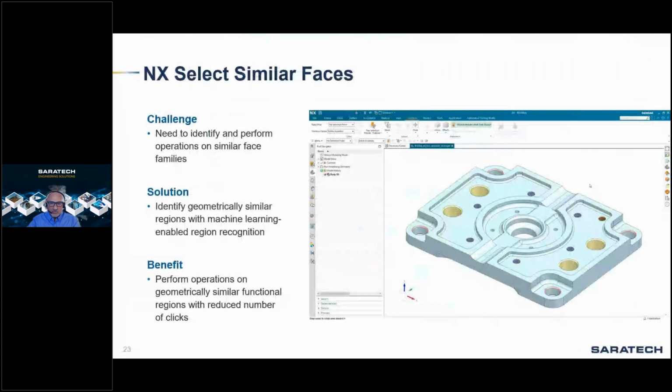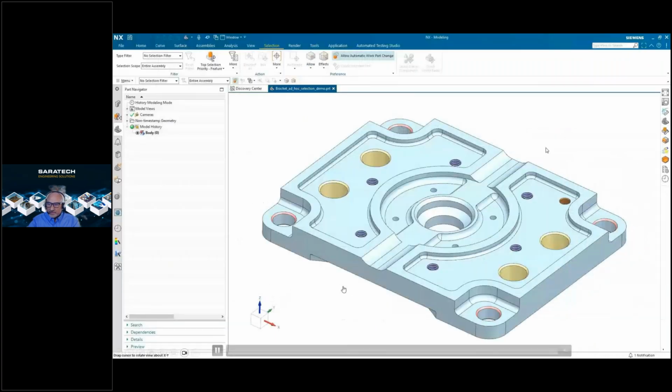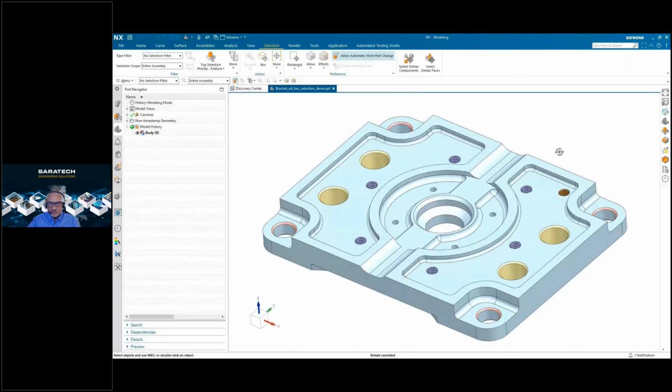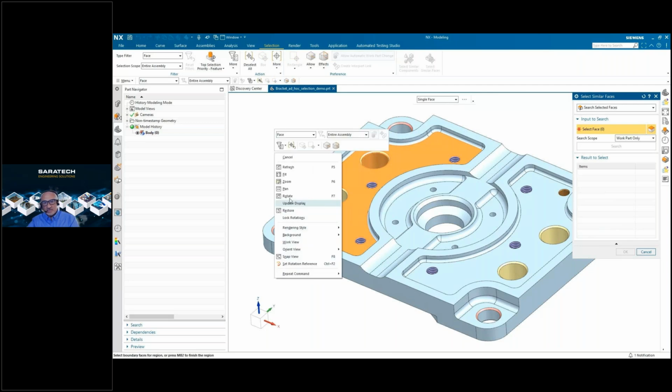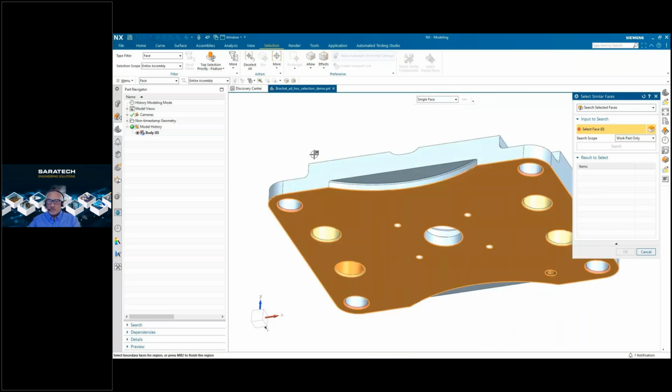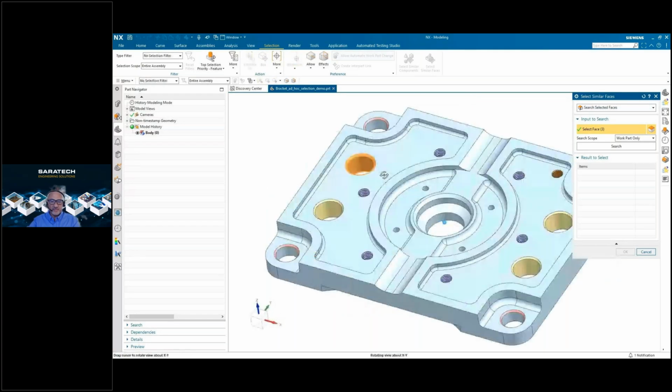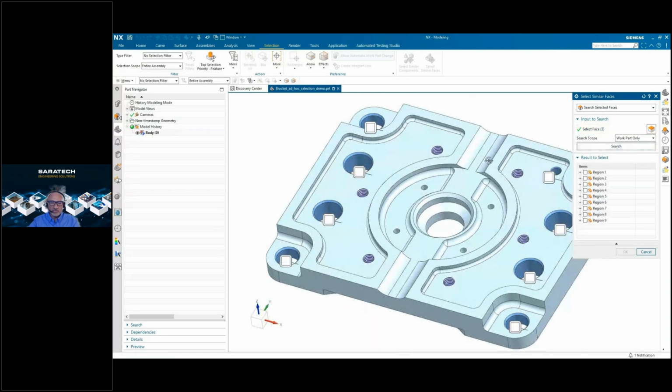So this is another good example of identifying and performing operations on similar faces. The engineer wants to do that. In this video, you can see the ability to train and use, in an ad hoc fashion, the ability to find faces based on similar topology to help increase end user productivity. The bigger benefit is for companies to train and set up the ability for users to grab standard groups of faces from the design based on reusable input that allows your designers to reuse the same definitions.